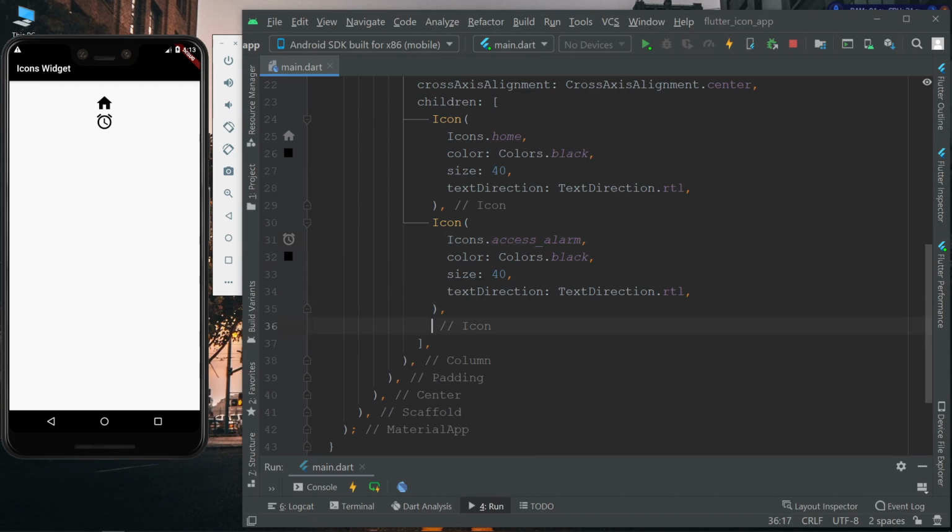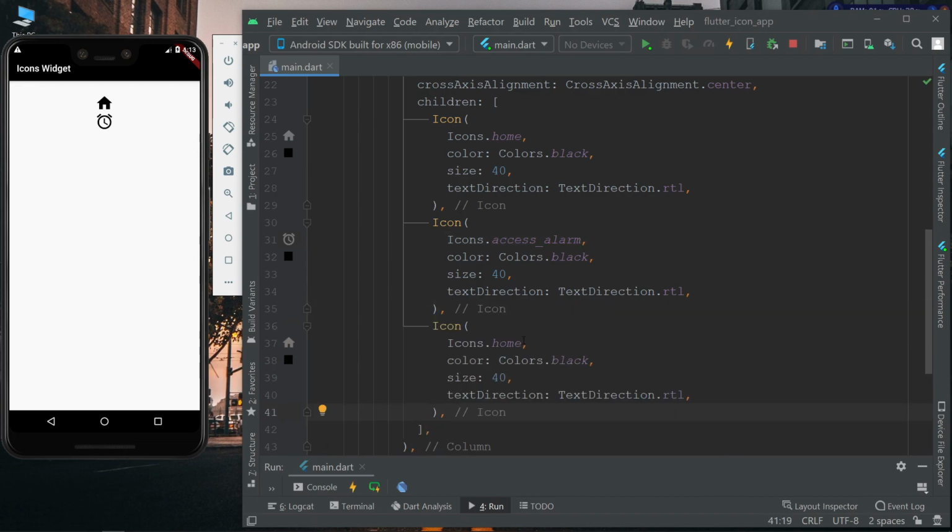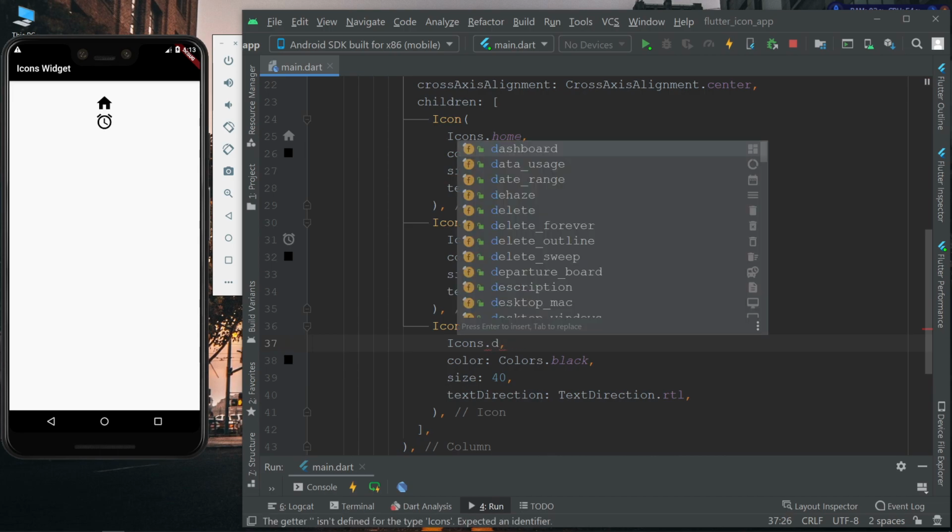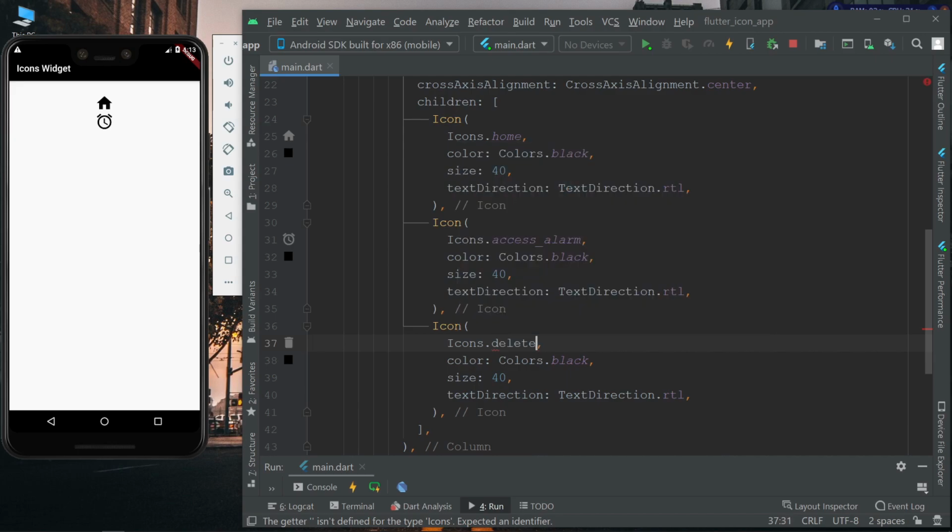After that, Icons dot, and you can use any of the icons which are provided by the icon widget. Just hit Ctrl and S. Now you can see different icons.